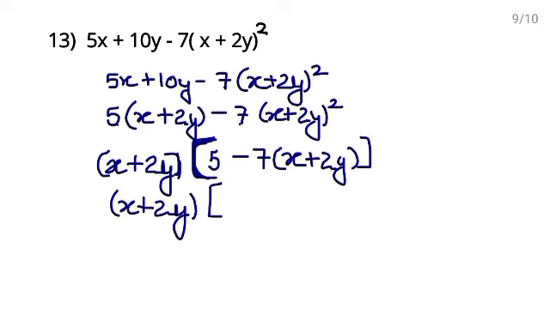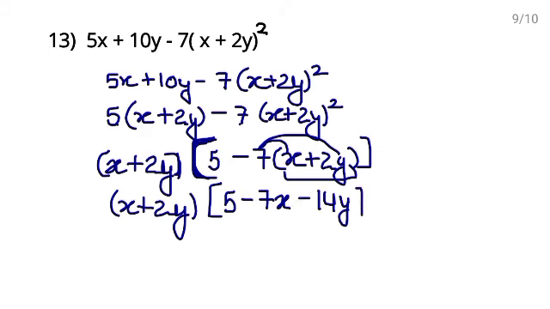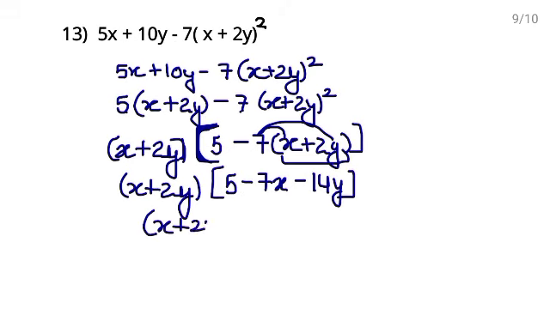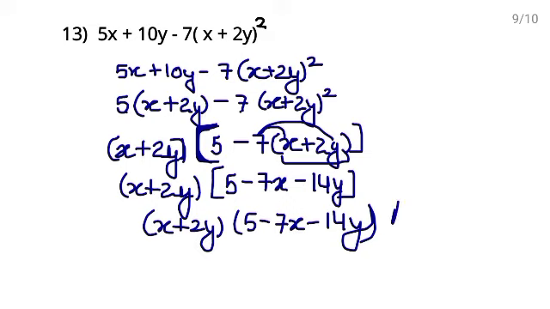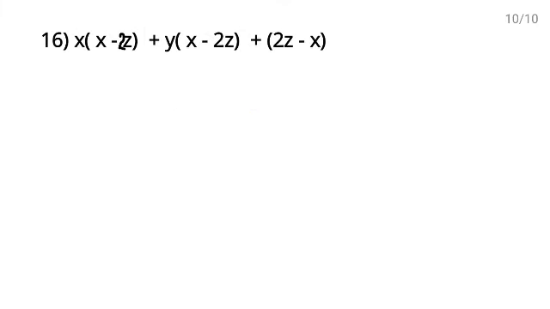In bracket we have 5 minus, multiply the 7 by this, and we have minus sign also outside the bracket, so sign of these terms will be changed. 7 multiply x, 7x minus 7 times 2 is 14y. So your answer is (x plus 2y) into (5 minus 7x minus 14y). This is your answer. Next question number 16 is x into (x minus 2z) plus y into (x minus 2z)